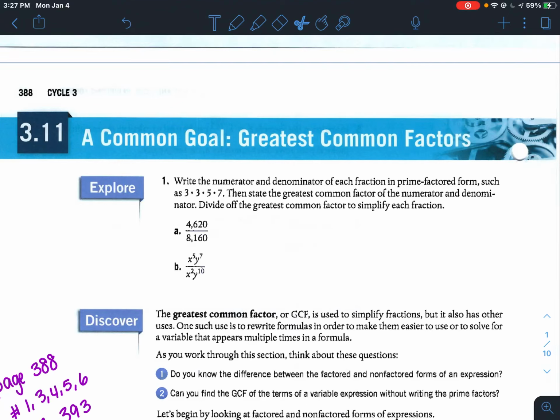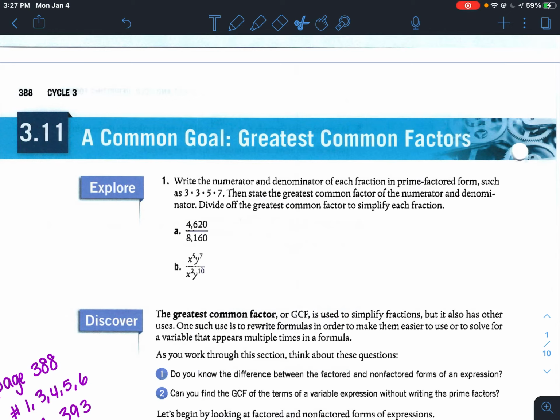All right, 311, we are talking about greatest common factors. We are gearing up to start talking about factoring quadratic formulas, and this is for our quadratic functions. We are gearing up to do that today. So first one, write the numerator